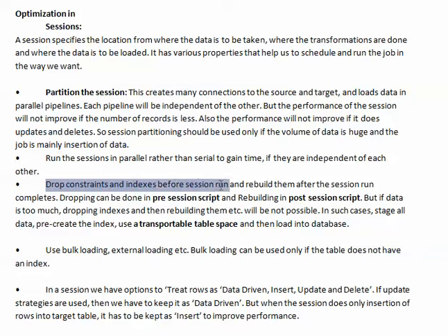Drop constraints and indexes before a session runs and rebuild them after the session completes. The dropping can be done in a pre-session script. You can use session pre-SQL to drop the indexes, and in post-SQL you can rebuild the indexes.